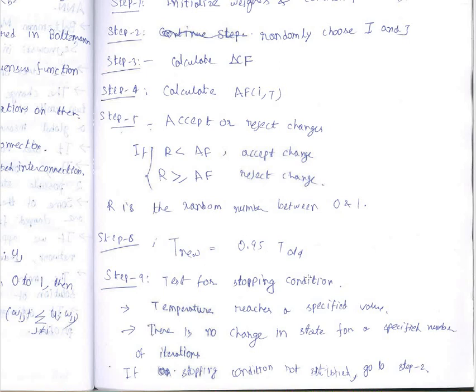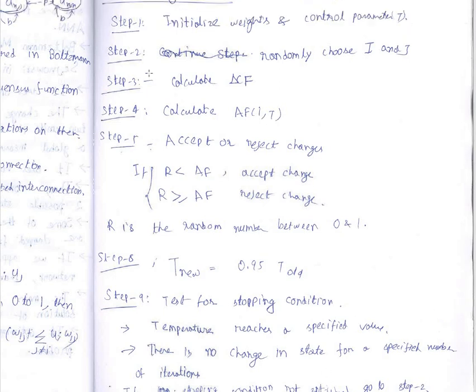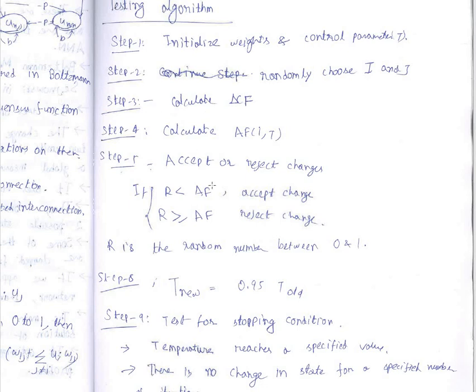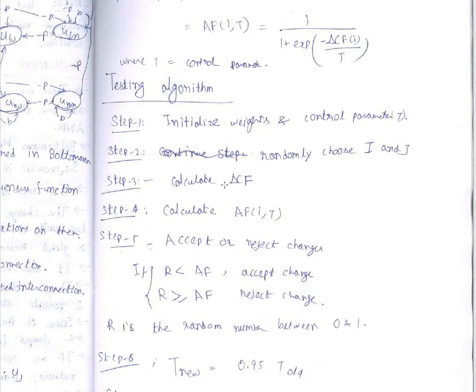And T new equals 0.95 into T old. Then test for the stopping condition. The stopping conditions are that the temperature reaches a specified threshold value, or there is no change in the state for a specified number of continuous iterations. If the stopping condition is not satisfied, continue from step 2. So this is regarding